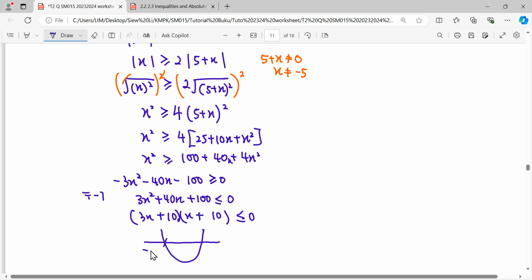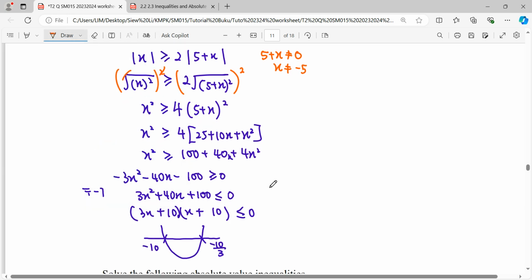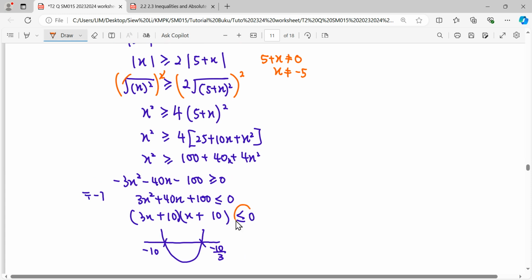So here we have the smaller value of negative 10. The bigger value here is negative 10 over 3. And what we need here is the region of less than 0, meaning the region below the x-axis, and this answer cannot take the value of negative 5. Therefore, our answer will be negative 10 less than or equal to x less than negative 10 over 3 and x not equal to negative 5